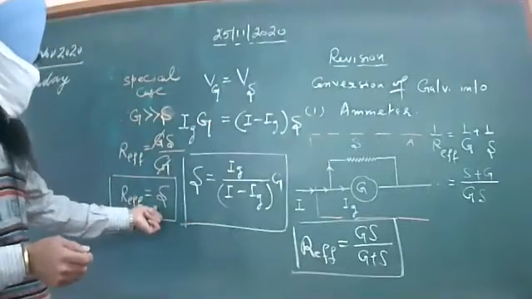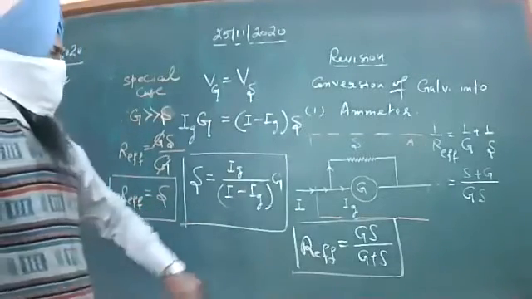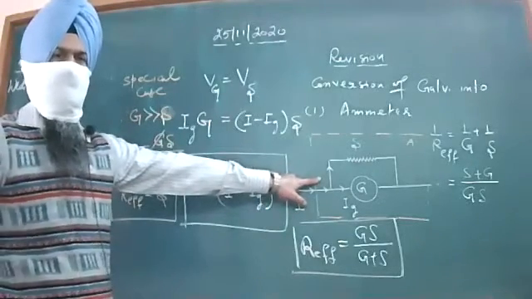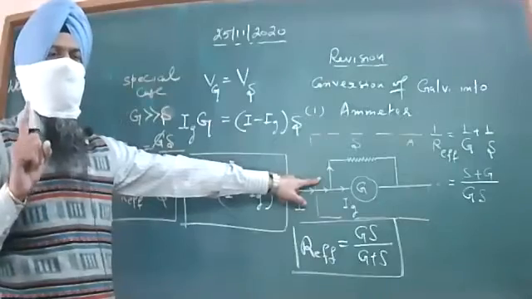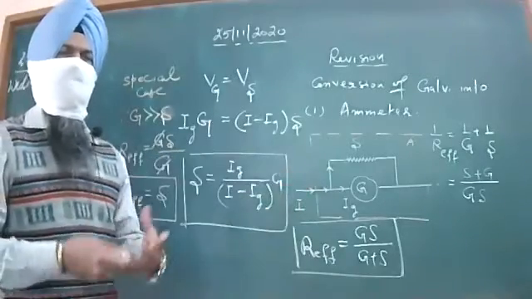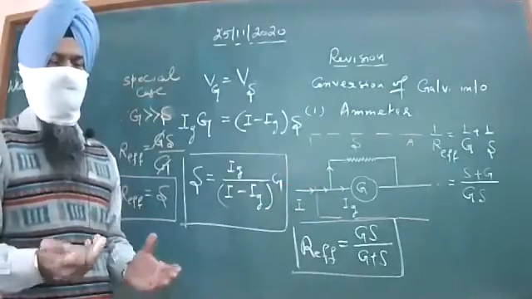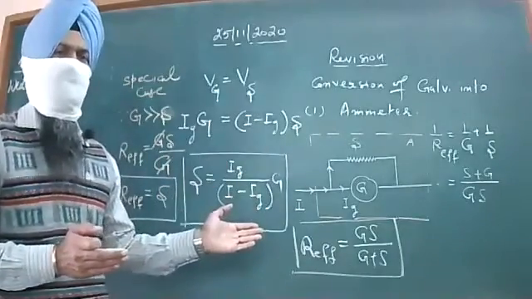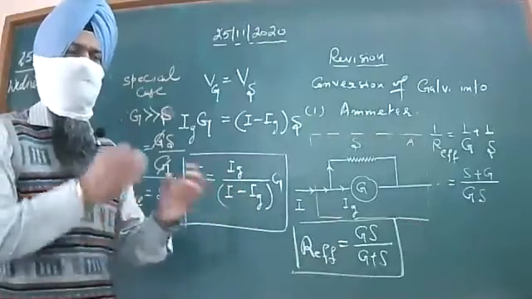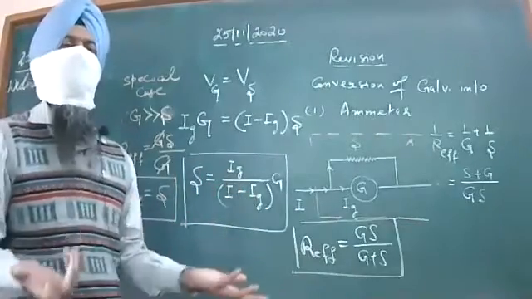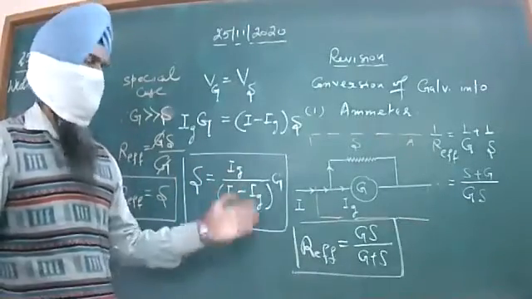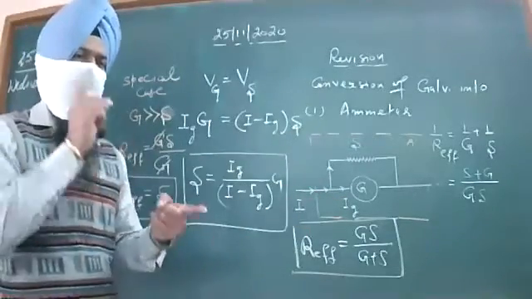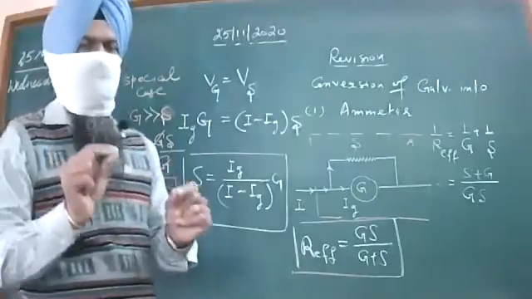Now, you can well conclude that when you are making use of this device, that is the ammeter, the plus point is that it has very low resistance. What is the benefit of this low resistance? When we connect it in the circuit, due to the low resistance, it will make minimum use of the current for its own operation. Secondly, all the current will be bypassed through this particular device, and it will give you the exact reading of the current.